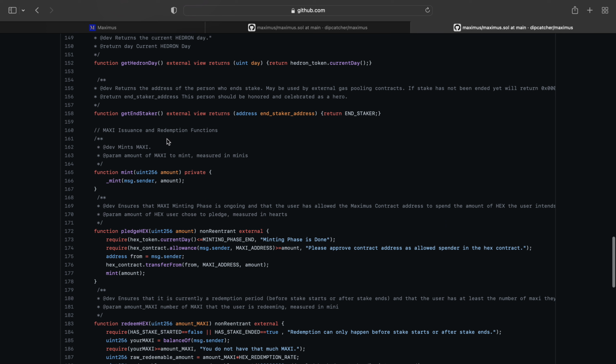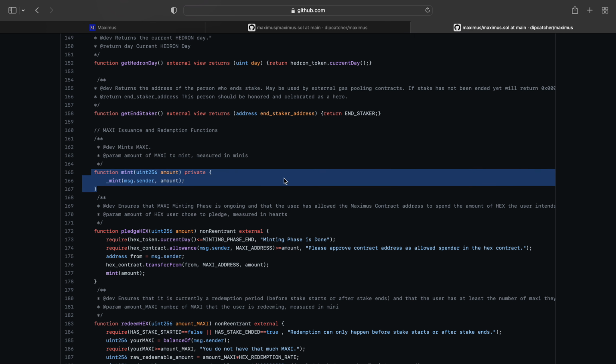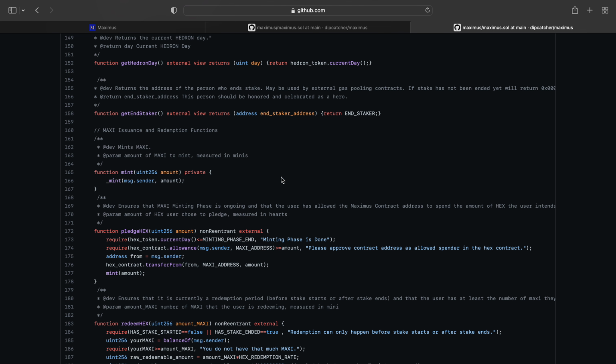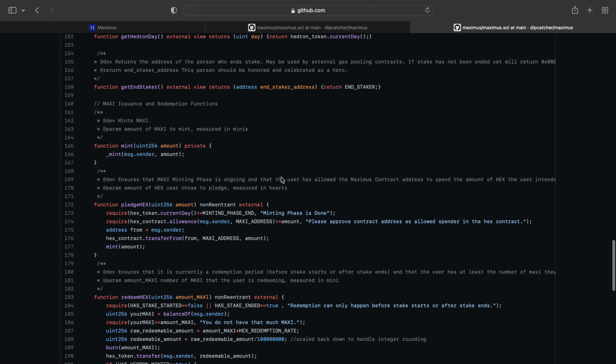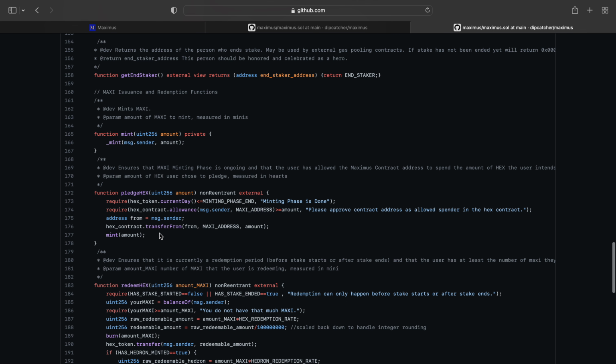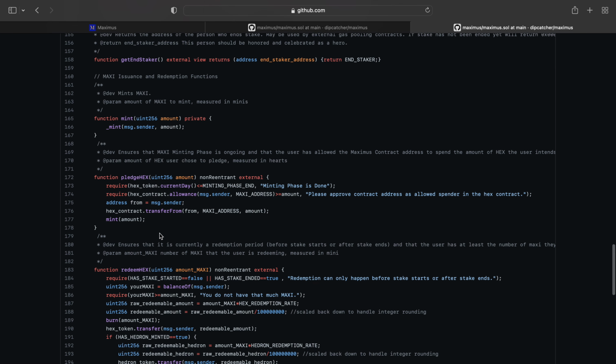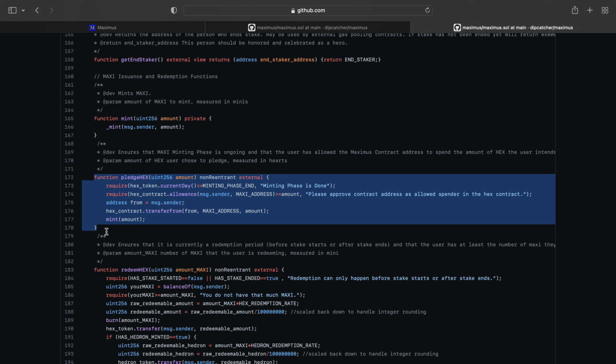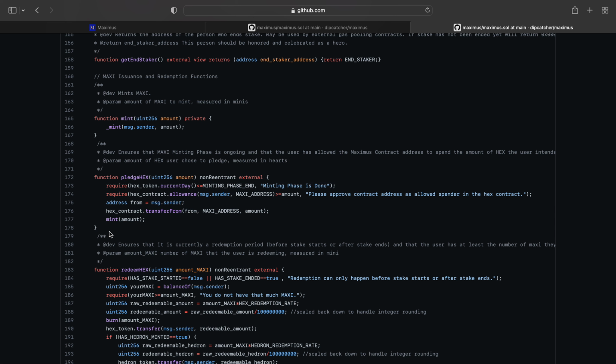Awesome. And then maxi, mints maxi. So you guys, when you mint it, this is literally the function right here that gets called. Like, I did this the other day, and that's what got called. All right, pledge hex. So, if you have done this, or if you are going to do this, this is the code that's going to be run if you're going in and pledging that hex. So, what it does is it takes the amount that you put in,